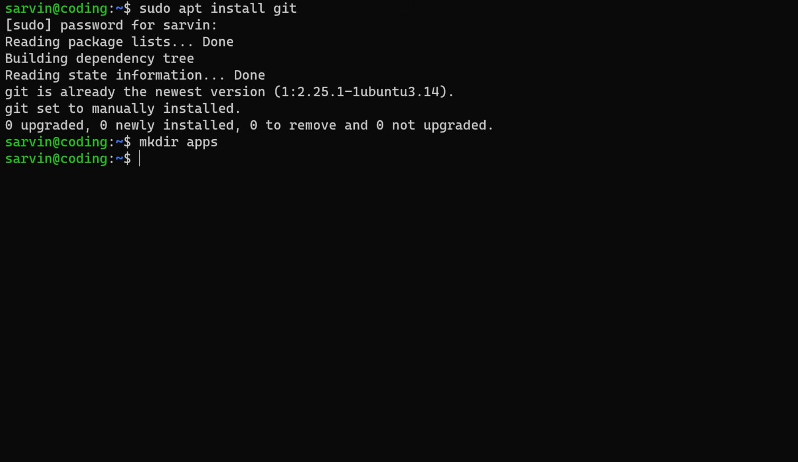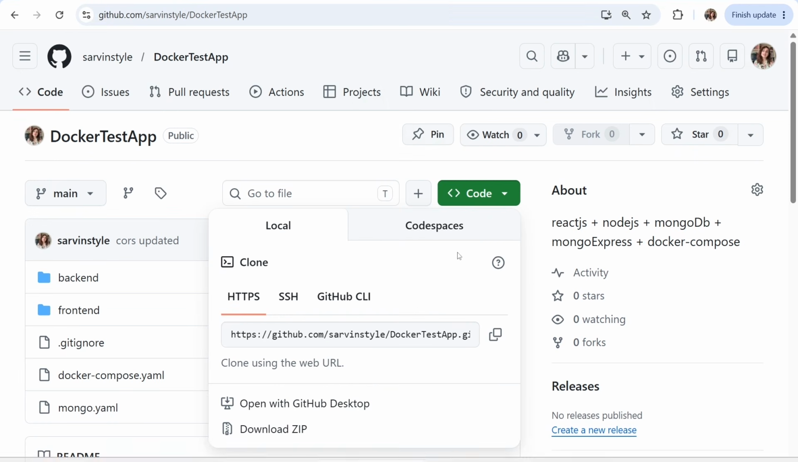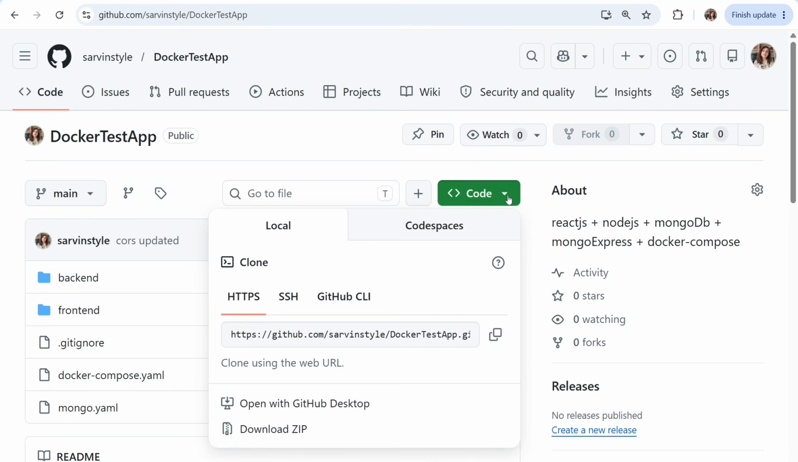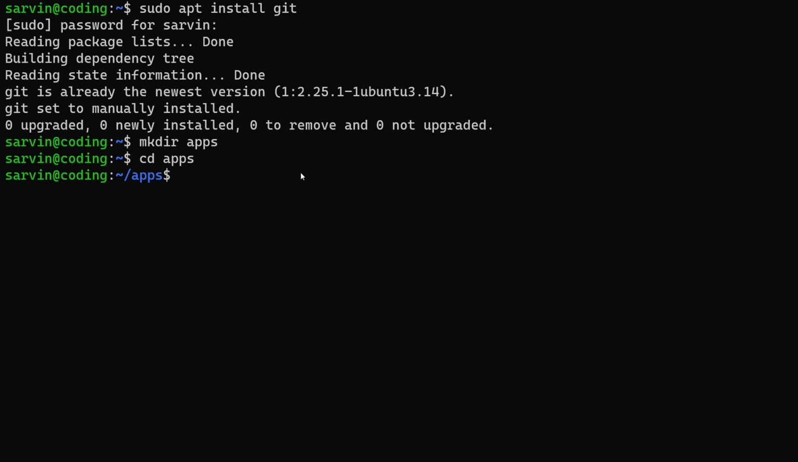Let's move inside this directory, so I write cd apps. Now it's time to copy our application files from GitHub. So let's head over to our Git repository, and inside the code menu here, copy the HTTP address of the repository. Here inside the PowerShell, I write the command git clone and then the HTTP URL of our